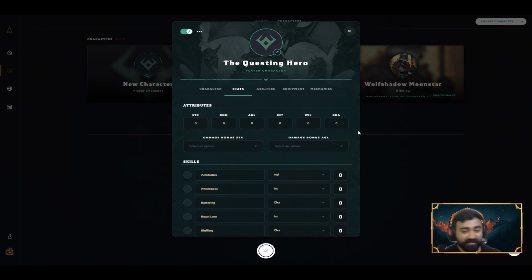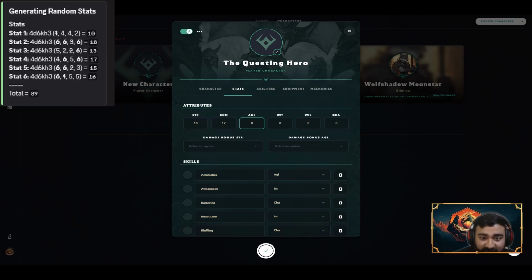Anyways, I'm going to make a roll on my server. Okay, so I got some rolls. I'm going to put my highest in. Oh damn, not bad. I got a good roll. Highest on strength. Then I'm going to put the next highest on. Oh, amazing roll, really amazing roll. Constitution 17. The next highest is 16. I'm gonna make that